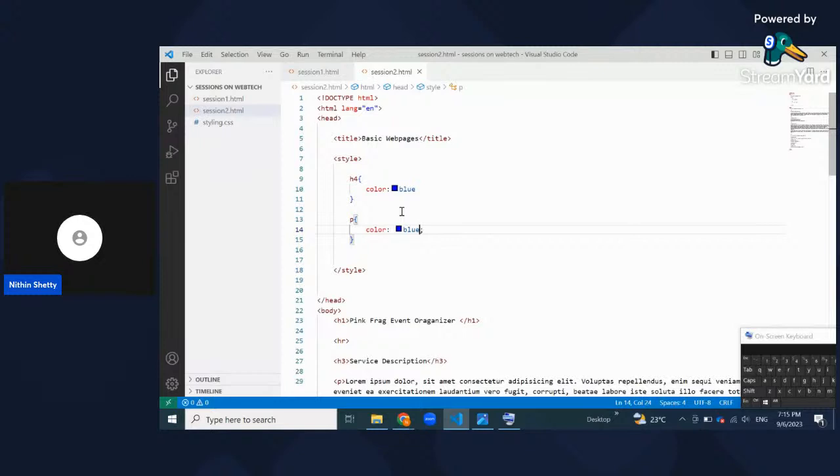In that case I don't need to apply, so I will avoid internal CSS altogether. So I don't have a choice. So I will come to all the paragraph tags. I will say